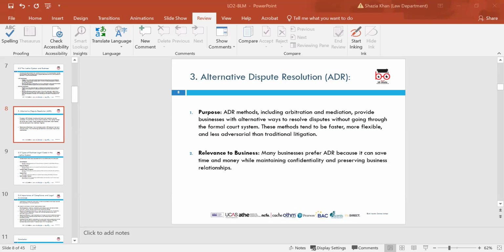And ADR will depend on how it works. In regards to business, it could save time, save money, provide confidentiality, and try to protect the reputation of the business rather than going to court. So companies like to take the route of ADR and mediation,